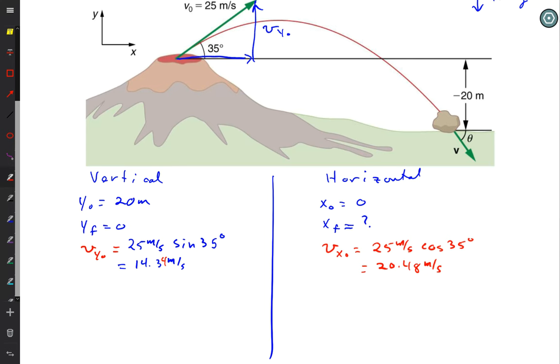Okay, so I have my initial vertical and horizontal speeds, my initial and final positions. All I have left is acceleration in the y direction, minus 9.80 meters per second squared. Acceleration in the x direction is equal to 0. And the thing that ties them all together